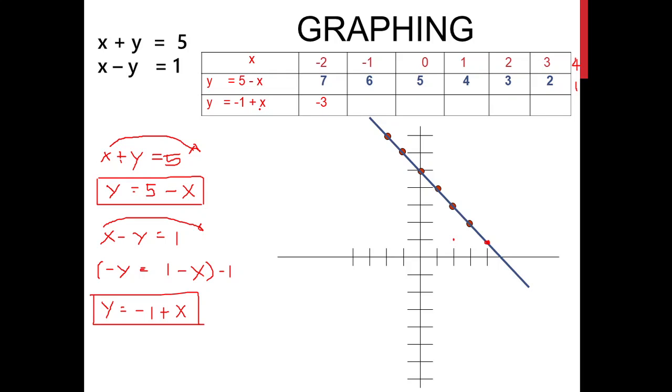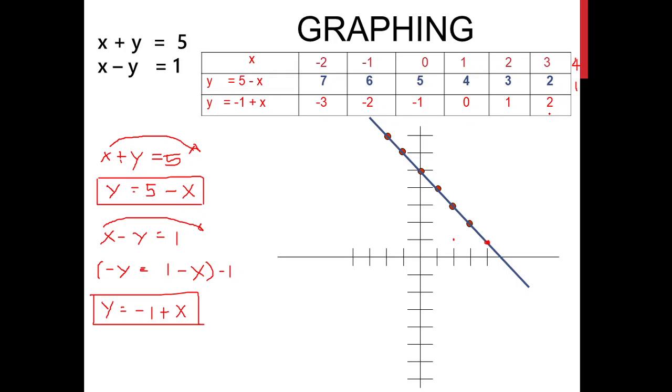Next, x is negative 1. So you have negative 1 and negative 1 gives you a negative 2. When x is equal to 0, so obviously this becomes 0 here. So what's left is negative 1. When x is equal to 1, so you have a positive 1 and a negative 1, it will cancel out. It becomes 0. When x is equal to 2, so you have negative 1 and positive 2, unlike signs, so you have to subtract. So negative 1 and positive 2 gives you a positive 1. When x is positive 3, so that is positive 3 and negative 1, subtract, so gives you a negative 2.